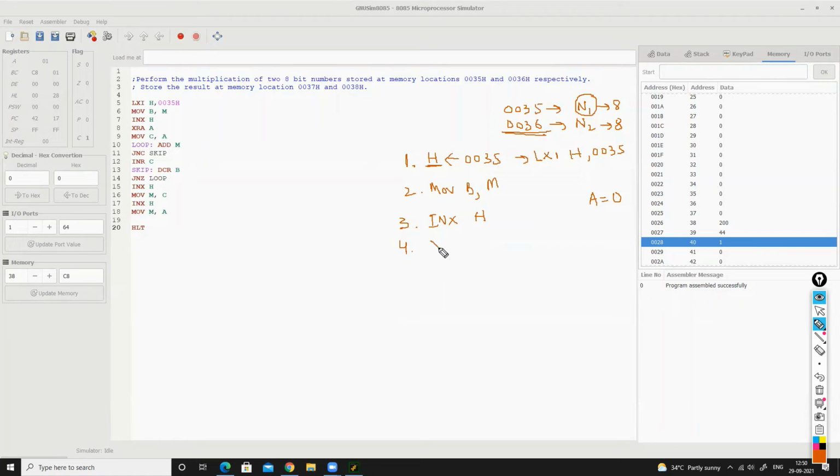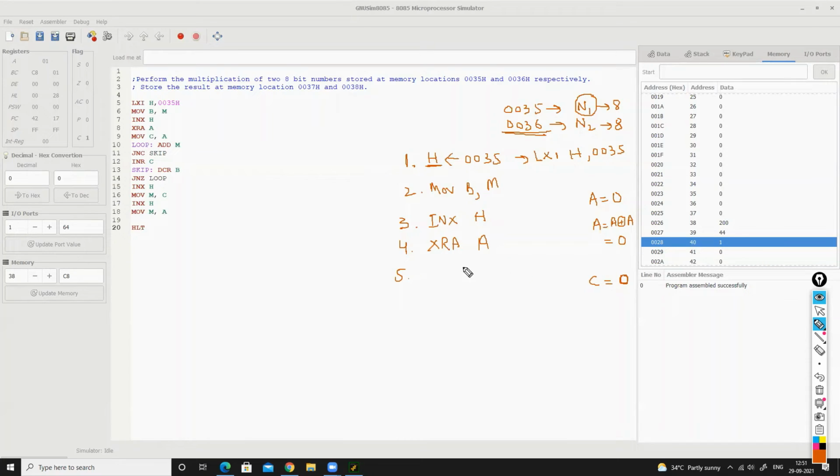So how we can reset any register, or we can say the accumulator, by doing a XOR with itself. When we do a XOR with itself, our A will be equal to A XOR A, which will be equal to 0. Now A contains 0. Now we will also initialize C with 0. So C is another register. We will say it contains 0.